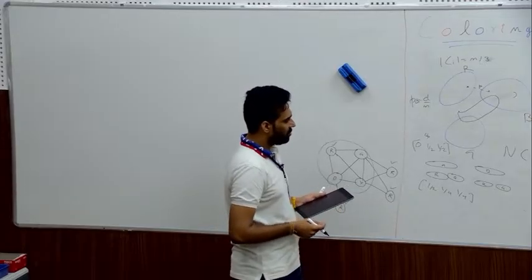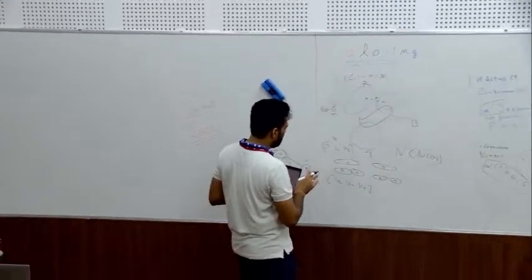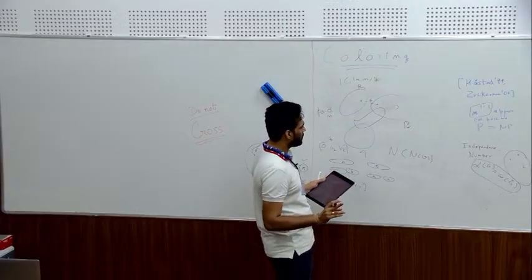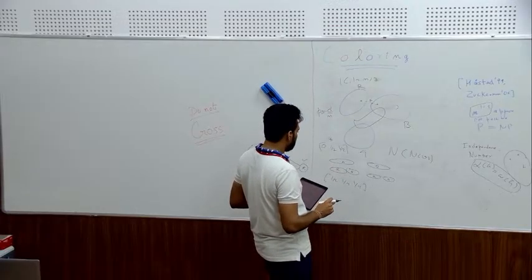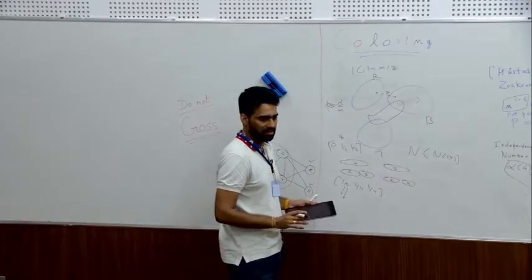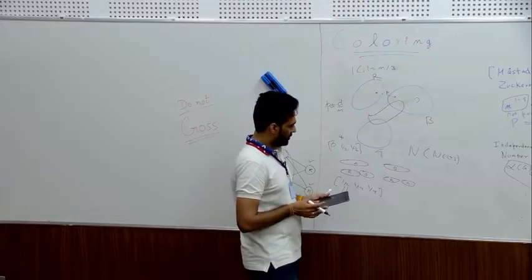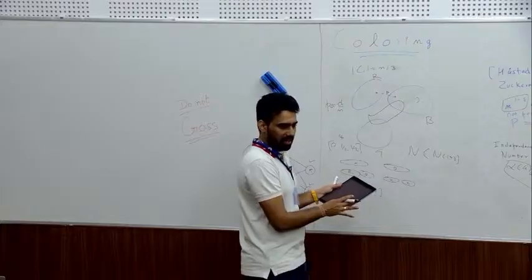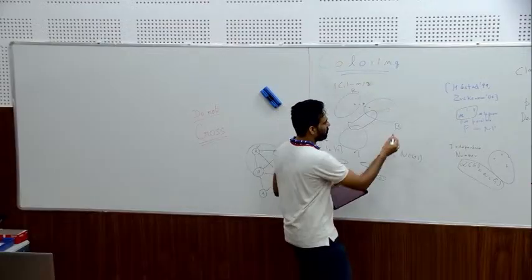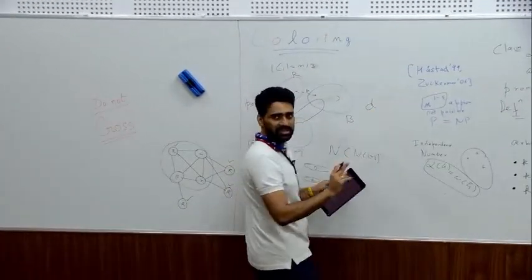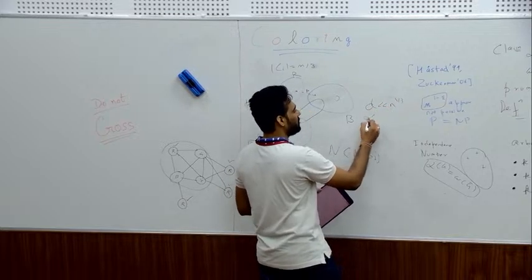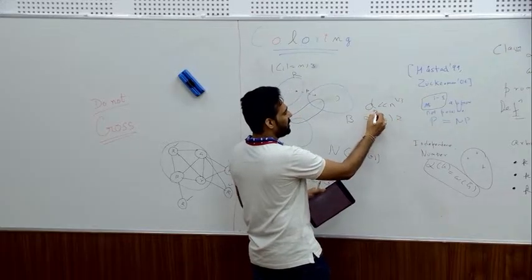Okay, so there are a bunch of properties. Again, this property uses some randomness. Why does this property help us? Because it tells us that if you look at the neighborhood of V, we'll have a huge independent set of size at least half. So we get to know about the vertices which have higher degree. Yes, that is another part. That helps if the vertex degrees are too small, for example. I don't want to go into all the details because I also want to talk a bit about the SDP algorithm. But if the degrees are much smaller, then you show that alpha(G) is anyways large, if the average degree is, let us say, smaller than n to the power